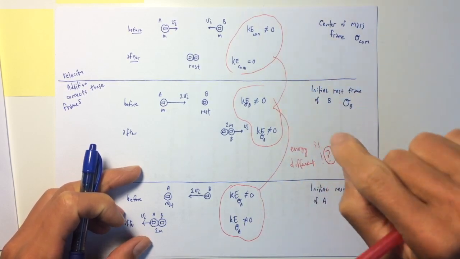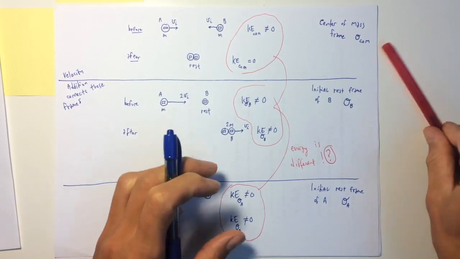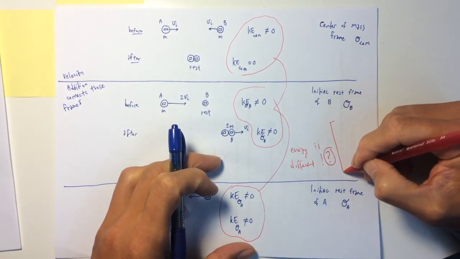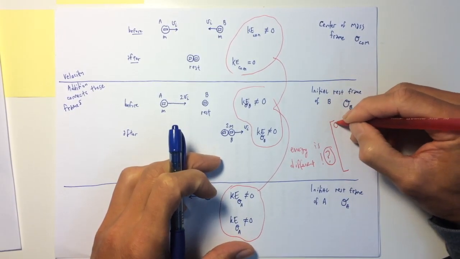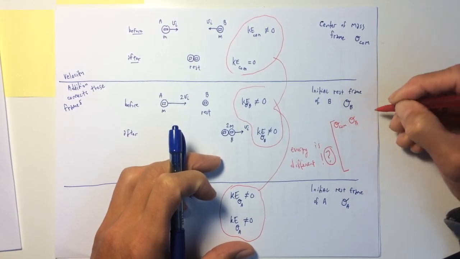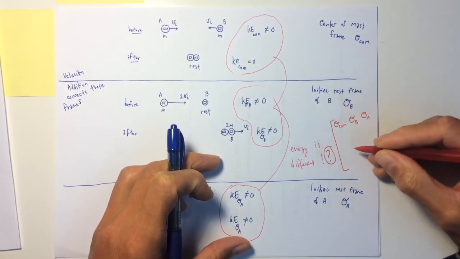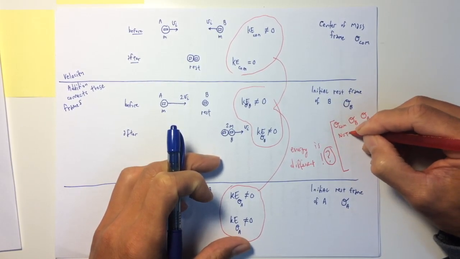How can the energy be different? And why I think this is important is that the center of mass observer, the rest frame of B observer, and the rest frame of A observer must note the